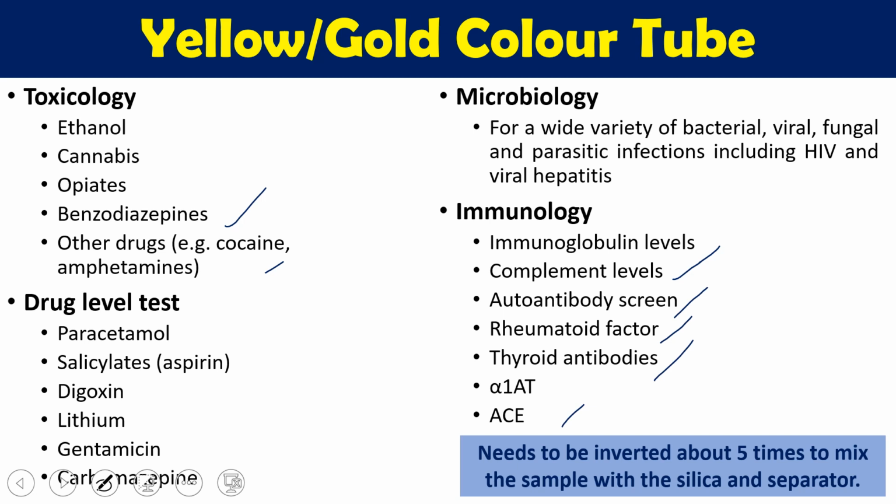Now there are some tips. Once you collect blood, it should be inverted a minimum of 5 times, so that the blood will be mixed completely with the silica gel and that component. The amount of blood required depends on how many tests you are going to perform, but at least 1 ml is ideal. Roughly you can usually get about 12 tests from one full yellow bottle. So depending on the test, that determines how much blood we need to collect.